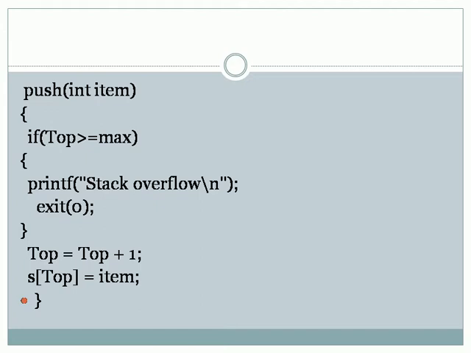Then, opening bracket. Here I am testing for one condition, that is we can push an item into the stack only if the stack is free, that is it has not reached its maximum size. Once the top reaches the maximum size, it indicates that there is no free space to accommodate the new element. So whenever we are performing push operation, first we have to check whether the stack can accommodate the newly pushed element or not.